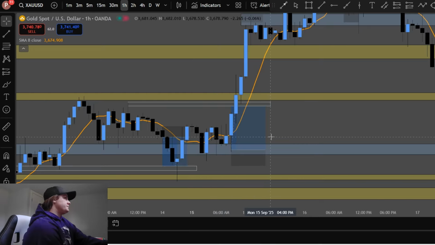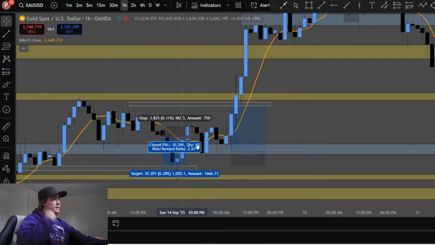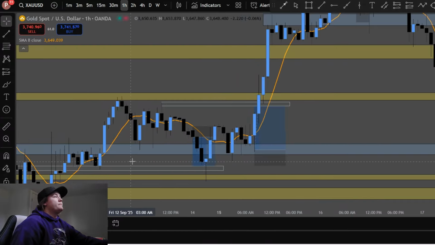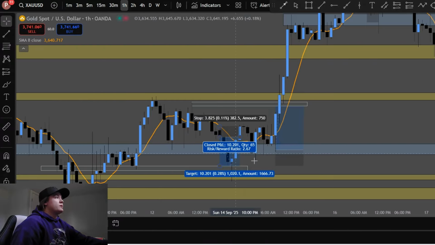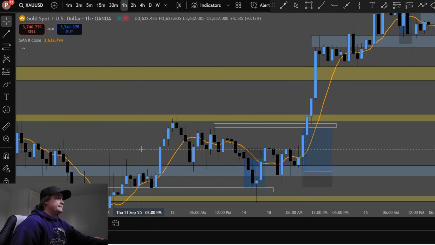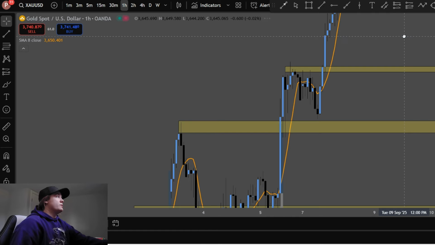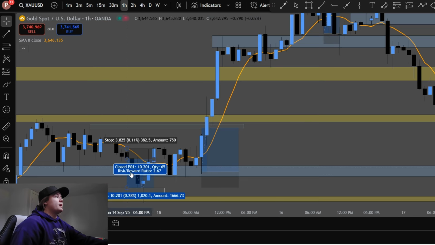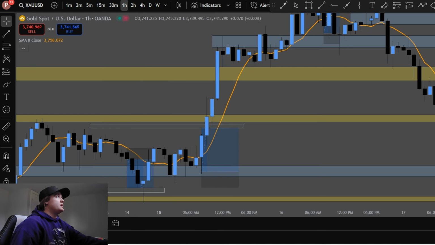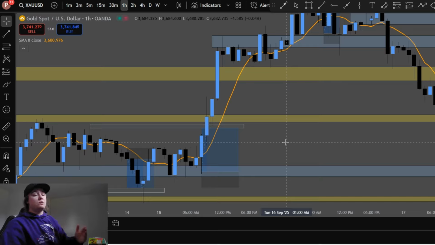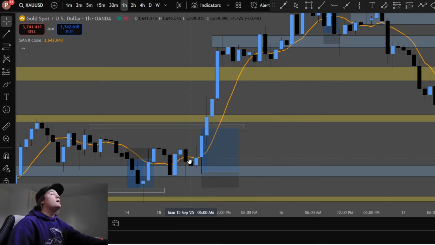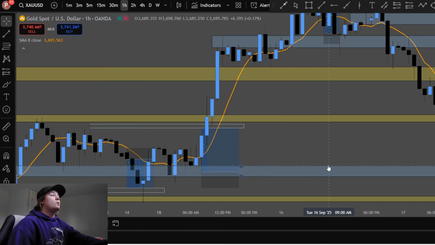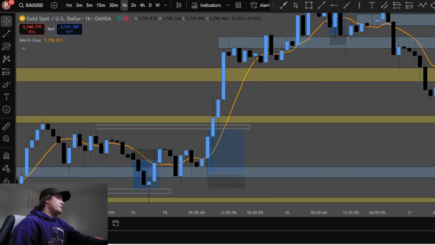Same idea. As you can see, we have this zone being messed around with a whole bunch over here. But again, because we were in an overall uptrend for so long, at this point in time, I was still looking for buys. We took a little sell here, same idea as today, where it's a tad bit of reversal, but because it is on a 1 hour, that means there's still a lot of movement. Because every single one of these candles is a whole hour, right? And so, same idea here,